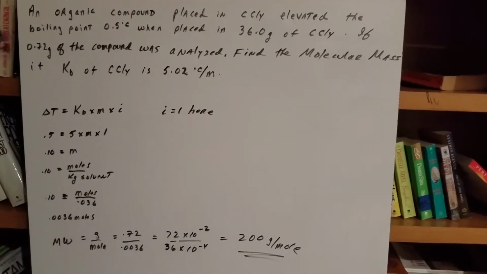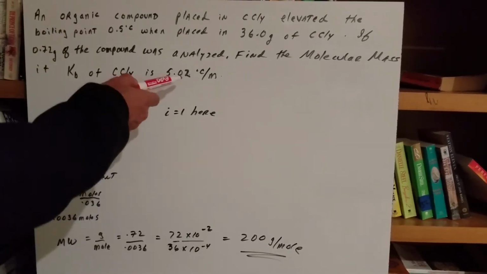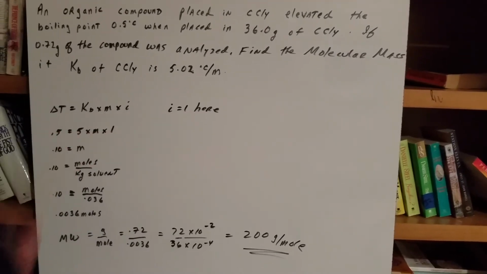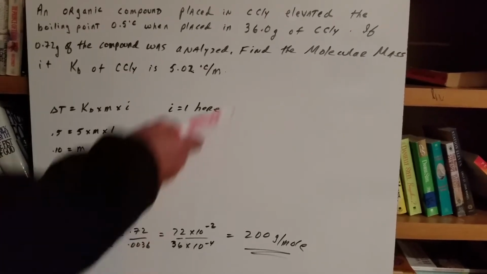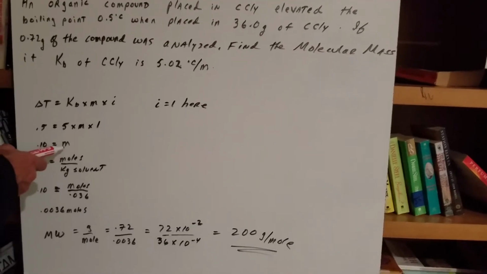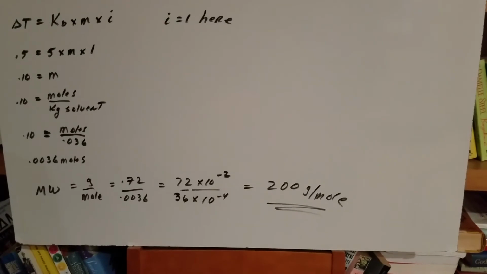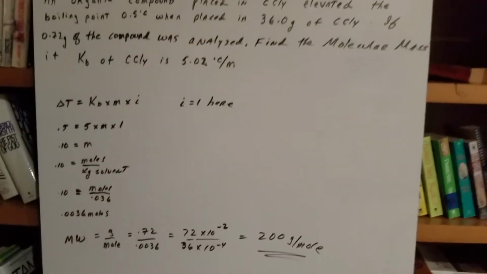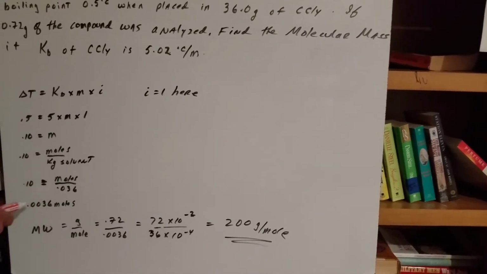So what we're going to do is we put the numbers in. The elevation, the delta T, is 0.5. The Kb is 5.02, which I just round off to 5. i is equal to 1, and I solve for little m. Now, once we get little m, I don't ask for the molality, I ask for the molecular mass. So my little trick that I like to show my guys is expand m out. Little m is equal to the moles of the solute over the kilograms of solvent. Well, the solvent was the 36 grams, which is 0.036 kilograms. Doing that and cross multiplying gives me